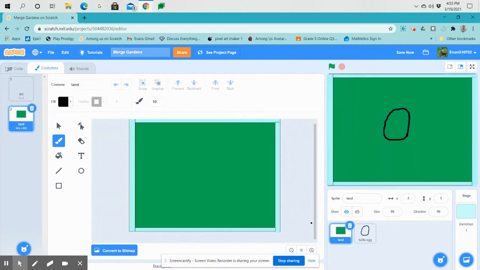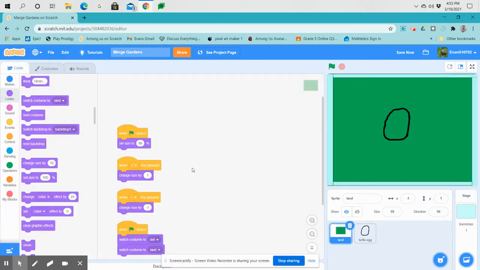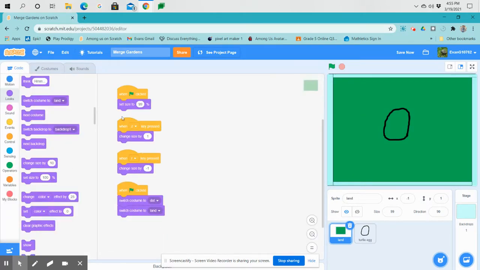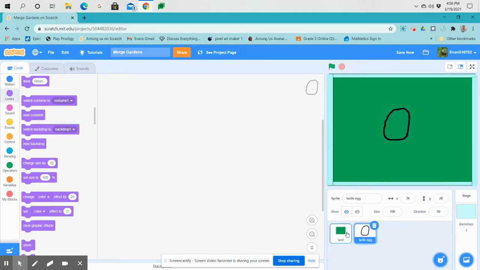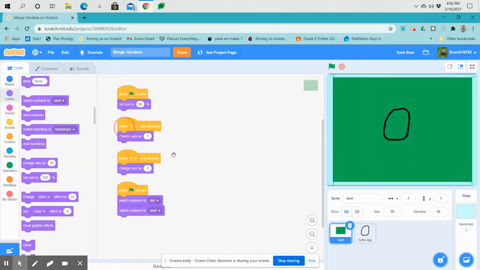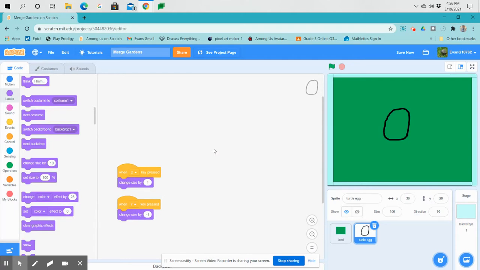We'll have to actually, before we get into this, let's get these ones in there. Turtle egg. And blocks. Wait, so if we zoom in,